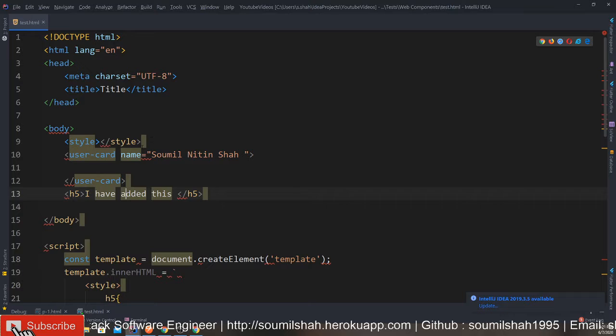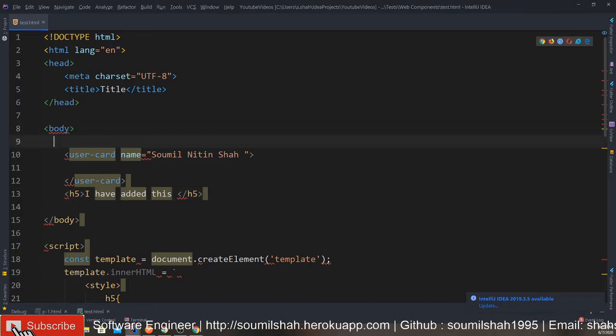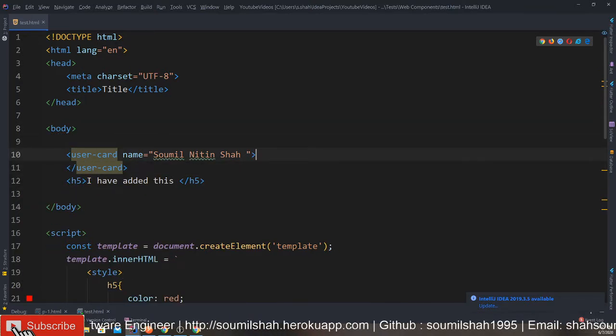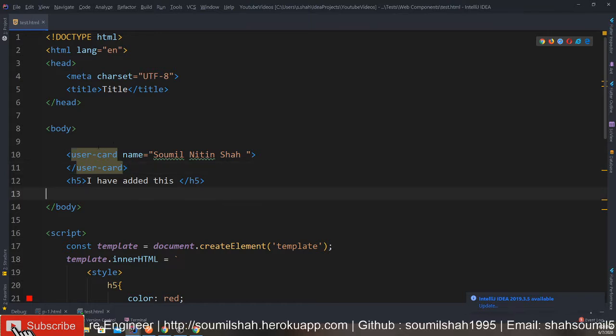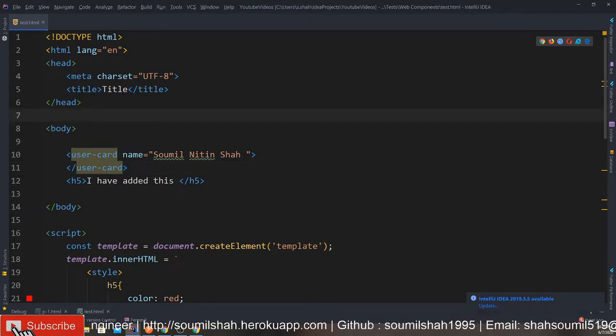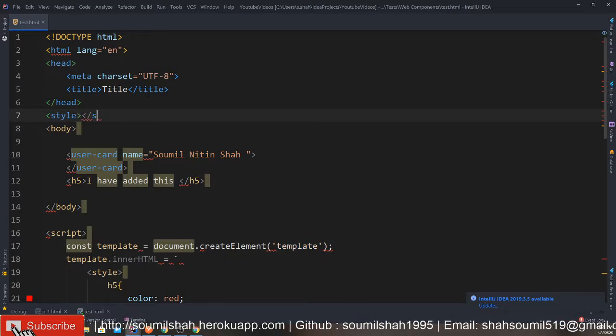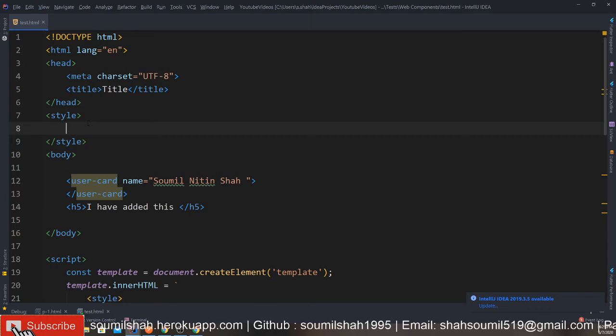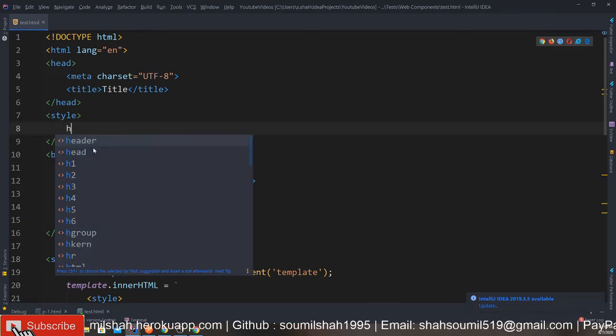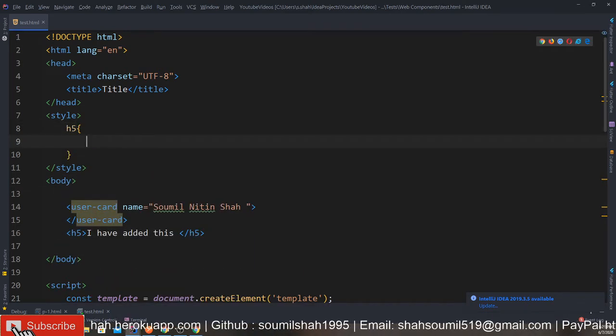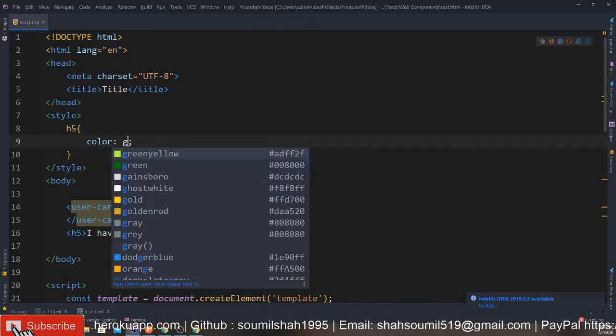Let me see, something has gone crazy here. For some reason it does not like that. All right, I can define it here. I just want to show you the concept, that's more important. Okay, so yeah, we have a style element. Let me define my style here. So I'm going to say all the h5, change the color to green.